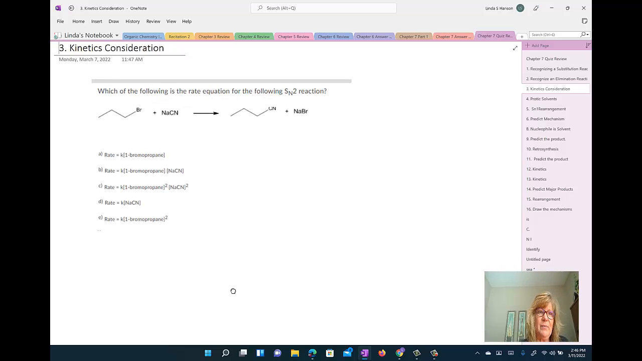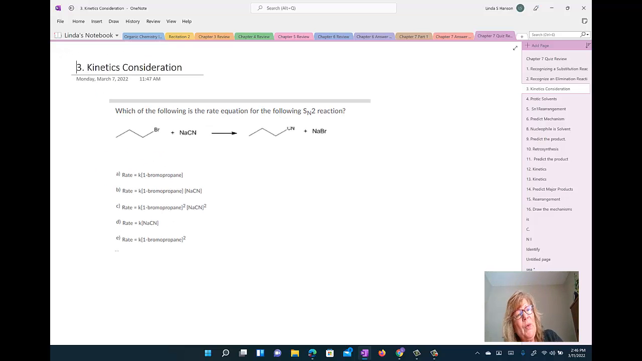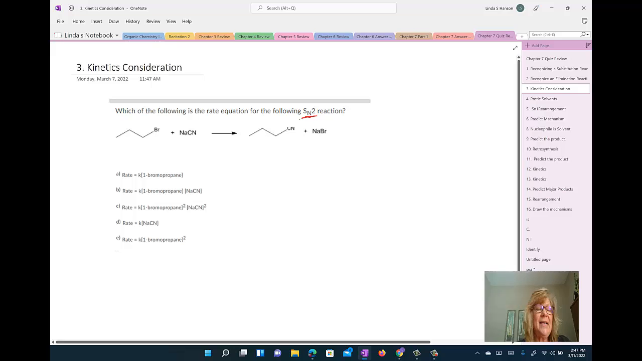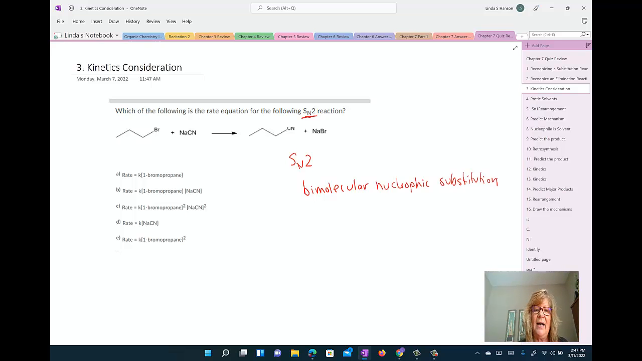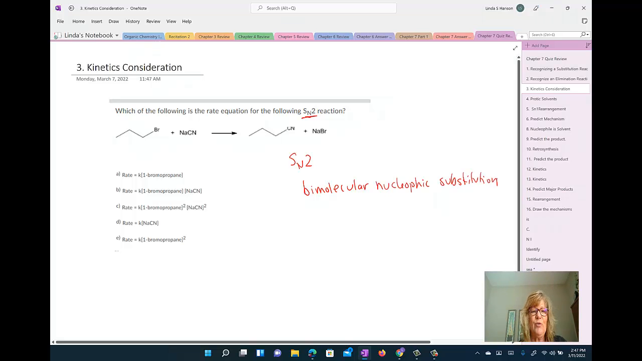In our next most missed idea or conception question, we had a few on kinetics. So it says, which of the following is the rate equation for an SN2 reaction? And that's actually a big word clue in this problem, SN2. I want you to think about what that means. It means bimolecular nucleophilic substitution reaction, right? Bimolecular means we're going to have two molecules collide as part of the mechanism. Bimolecular, two things collide, so that both reactants are involved in the initial step, the rate determining step of an